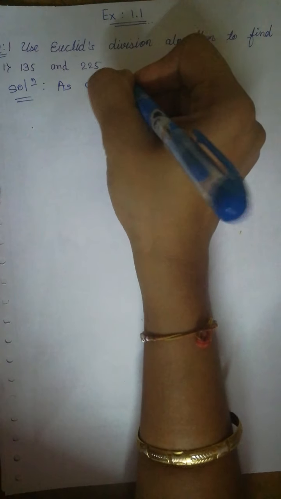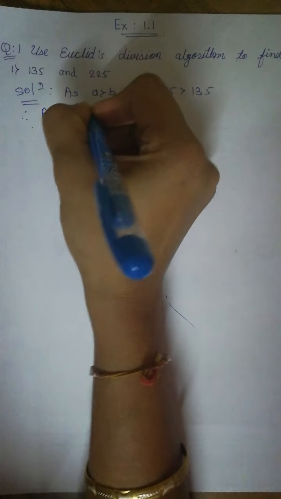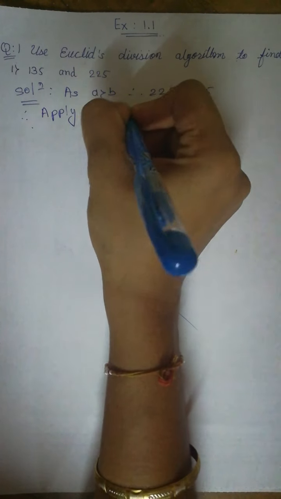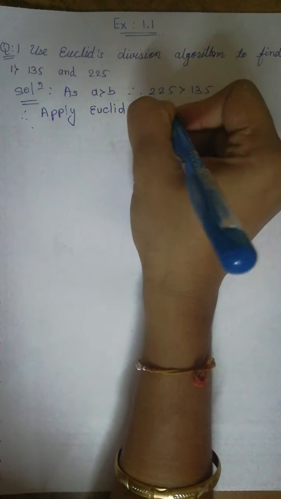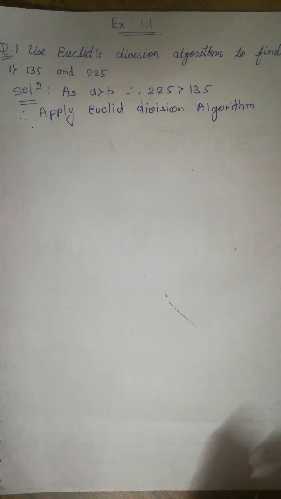So here, solution: as A is greater than B, therefore 225 is greater than 135. So let's apply the Euclid division algorithm on this A and B. So what we have here as per EDL is